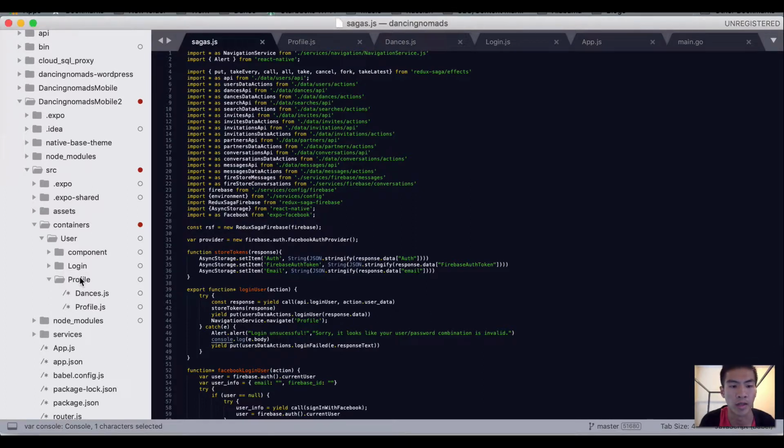I've already gone ahead and done so, but go to your containers and under user, you may have it named users with an S. If you do have that, I want you to rename it to user without the S, because that's how my project went. So under user, I want you to make that profile folder, and under that profile folder,